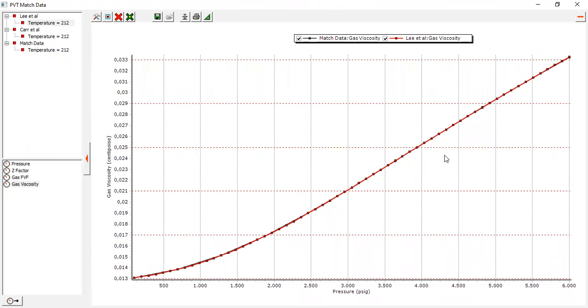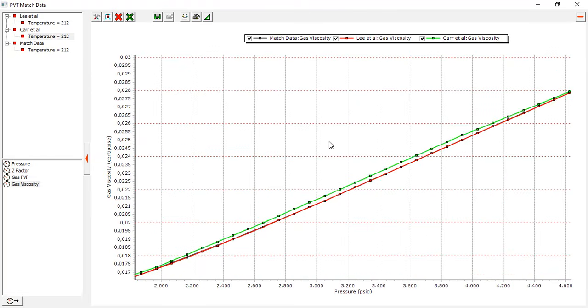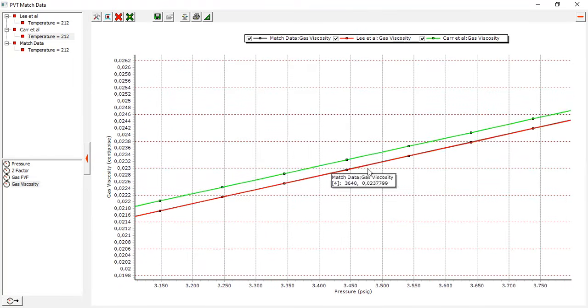What about Carr et al.? The gas viscosity from Carr et al.: touch this one, plot the gas viscosity, double click. You can see the green line doesn't match very well with the laboratory data. We can also maximize. The green line doesn't match. I will uncheck Lee et al.